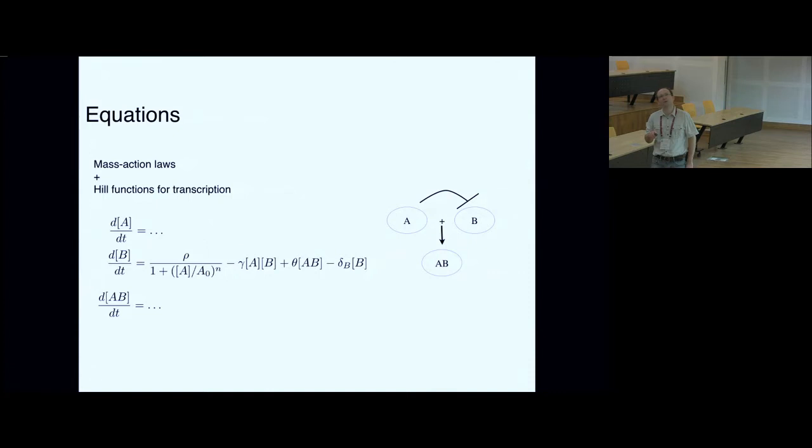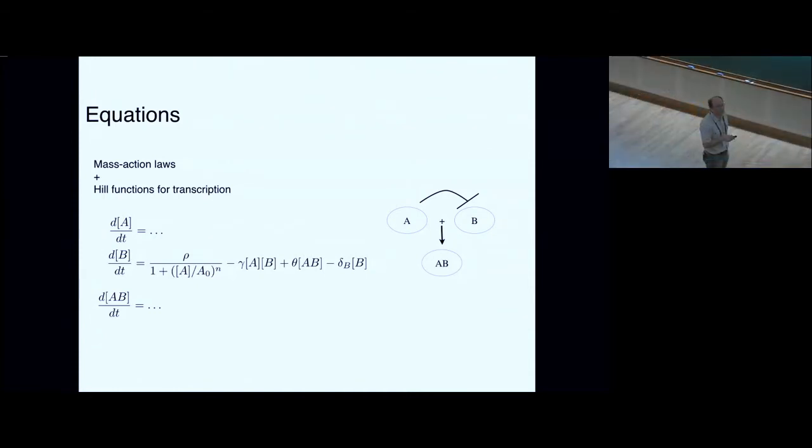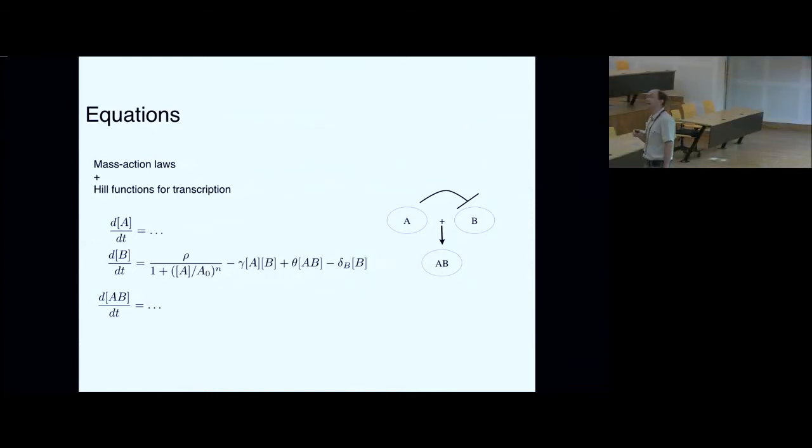So what does this network mean? It means that you have an activator, a repressor A repressing the transcription of B, and then A and B form a dimer. So that's basically a mixed feedback loop, as I described yesterday. If you have such a mixed feedback loop, you can write a differential equation for B that would look like this. Now if you go term by term, we can associate these terms to actual interactions. For instance, this term here is our Hill repression function. It's written a slightly different way, but this is the repression of transcription of B by A.